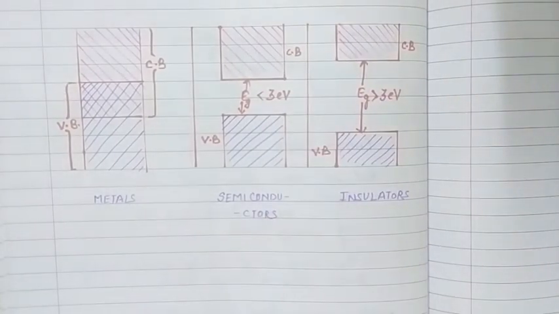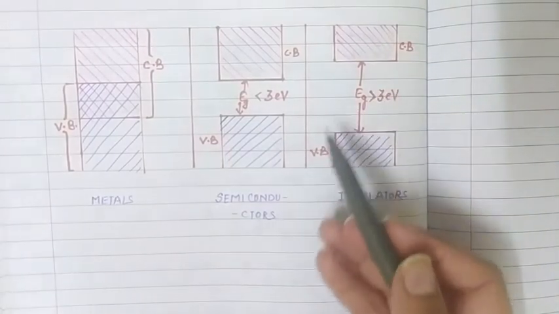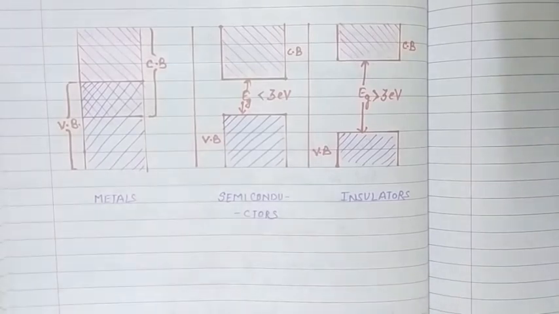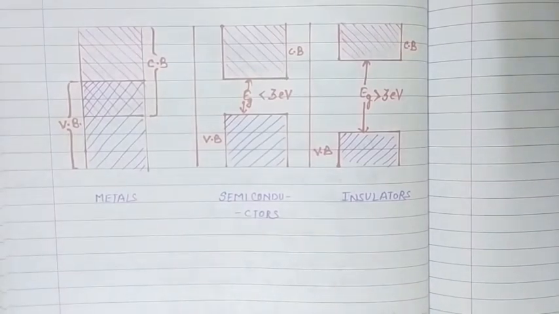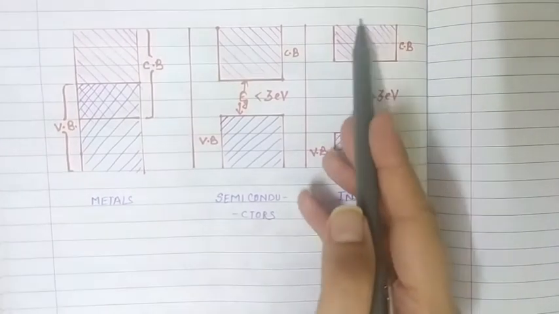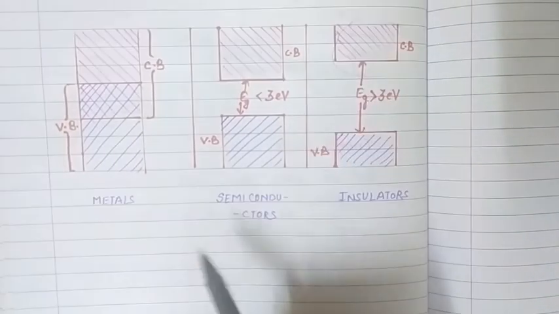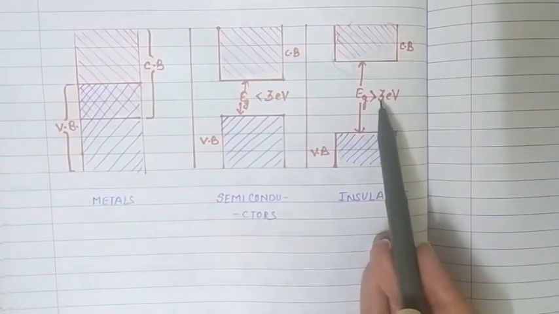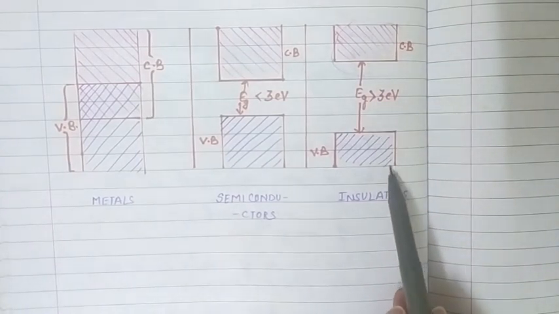Hence, due to the deficiency of free electrons in the conduction band, insulators are poor conductors of electricity. They don't show any conductivity, because there are no free electrons present in the conduction band, as we can't provide this much energy to the electrons of valence band so that they can jump